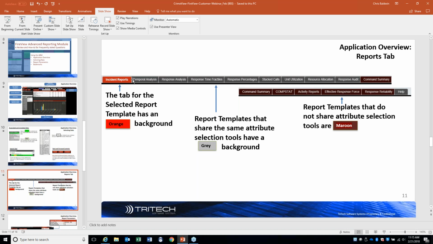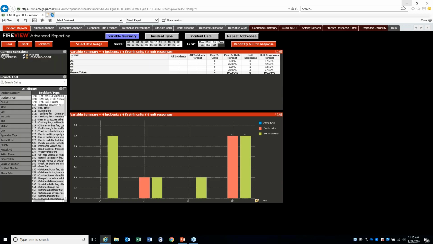Meaning if I set a bunch of filters for one report and I go over to another report, from incident reports to stacked calls, those same selections will be applied to that new report. And then to the right of all those, we have another set of reports that are in maroon. Good to know, those don't share the same attributes or attribute selections, that is. They operate independently. And with that in mind, you have to set your own controls for each of those particular